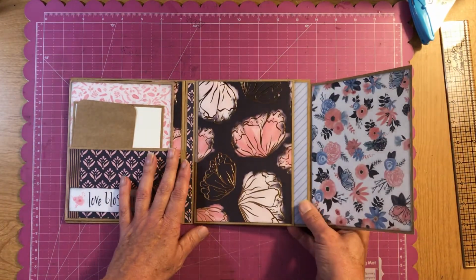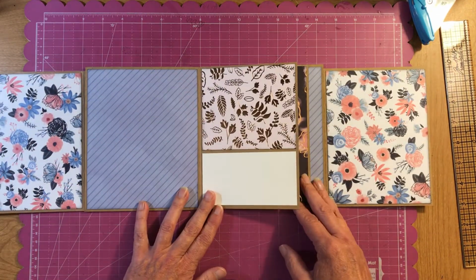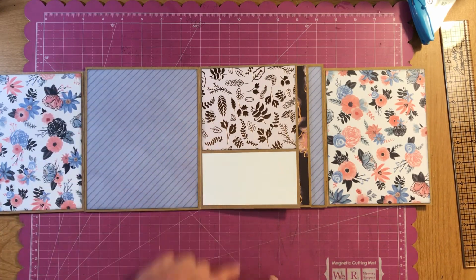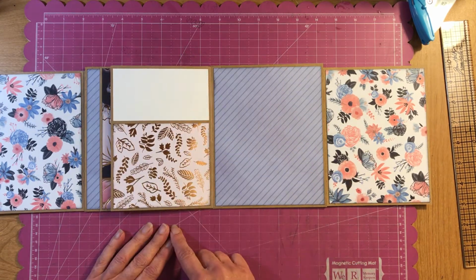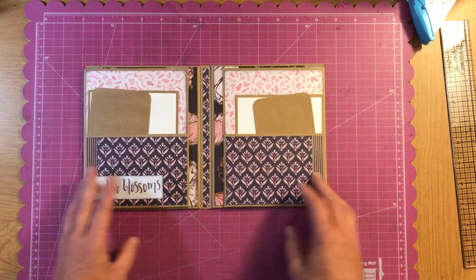Just like that. Okay. And then you open these up and you have a flap here. And so you can place 2 pictures here, or a nice big picture, a place to journal. And flip this flap, and same thing on this side. Okay, that is my Flowers in Bloom